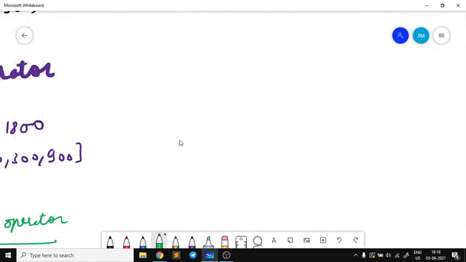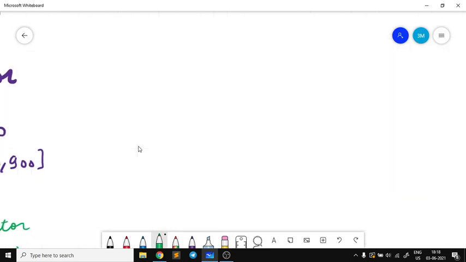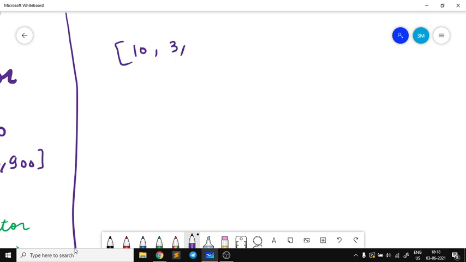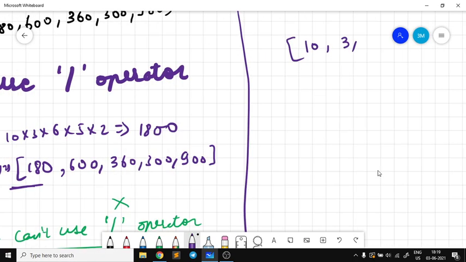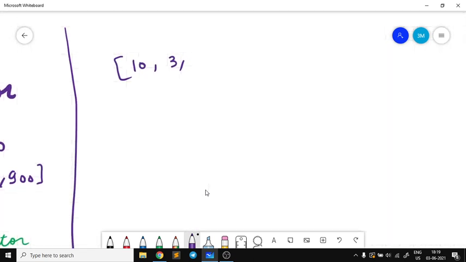So the first approach that is coming to our mind is, if this was my given array, 10, 3, 6, 5 and 2, what we can do is this. Suppose I am pointing at this index at any particular iteration while iterating the complete array, at the first index.